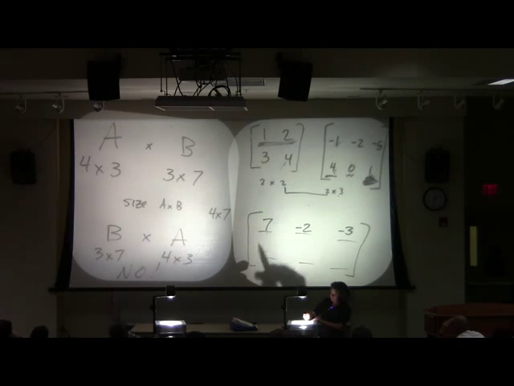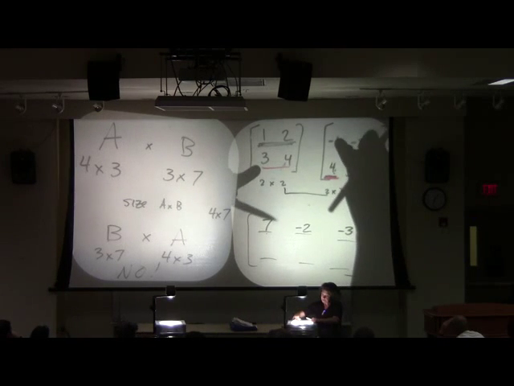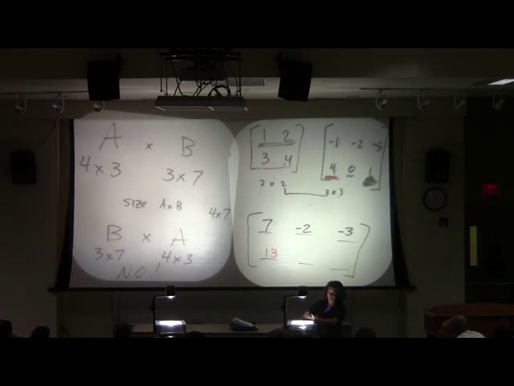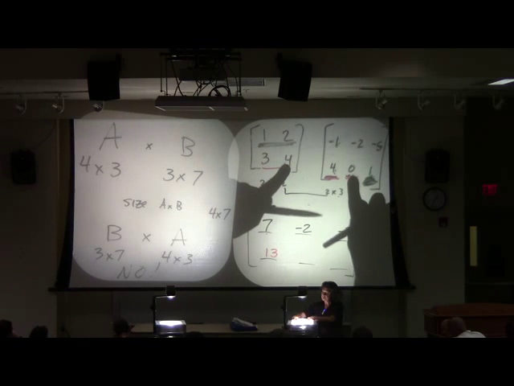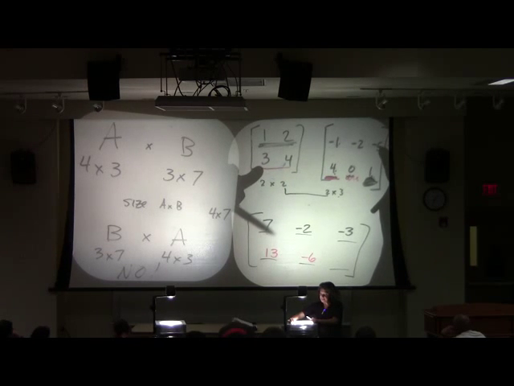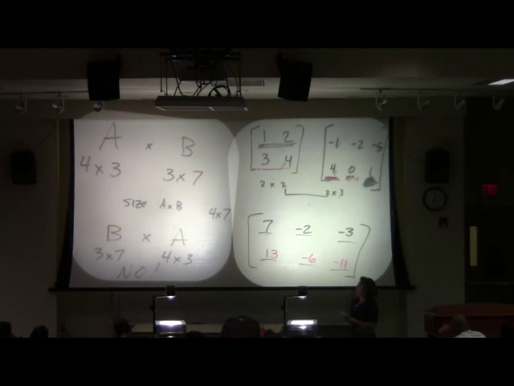This is my second row, first column. So now I'm going to let my second row hang out with my first column. I do 3 times -1 plus 4 times 4. Do you agree I get 13? Now, second row, second column. So I get -6 plus 0 is -6. Aren't you glad you don't have to do this? Actually, I think they're kind of fun, but I would. Last but not least, we have -15 plus 4, -11.